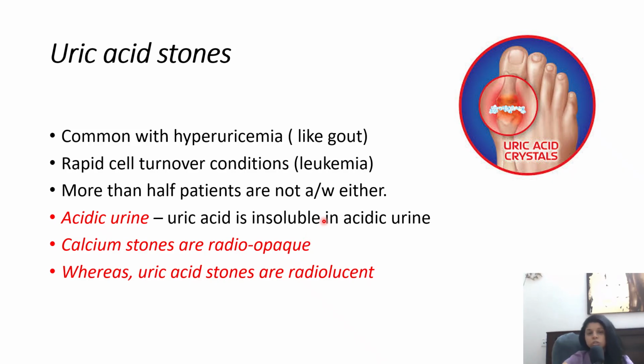Okay, you should note one point: calcium stones are radio opaque. That is, in radiology, if you are taking an X-ray KUB, you can see white colored calcium stones. They are radio opaque, but uric acid stones are radiolucent. That is, they are black colored, so you cannot see them. So if a patient is coming and you suspect stone formation, and you take the radiology and you don't see the stones,